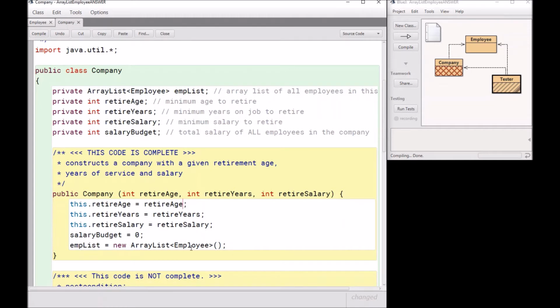to be a new array list of employee objects. And this is a little bit different too. I know you're used to seeing the array list declaration all in one line, but typically when you're writing a class with a constructor like this, you'll see the ArrayList declaration, just the declaration part like this up top. And here I'm initializing emplist to a new ArrayList of employees. You don't want to redeclare it. In other words, I would not want to say ArrayList employee emplist equals new ArrayList employees. I just want to initialize it here. Hopefully that works. All right, now let's take a look at a couple of methods that you're going to have